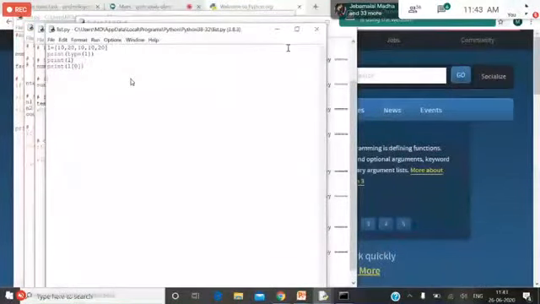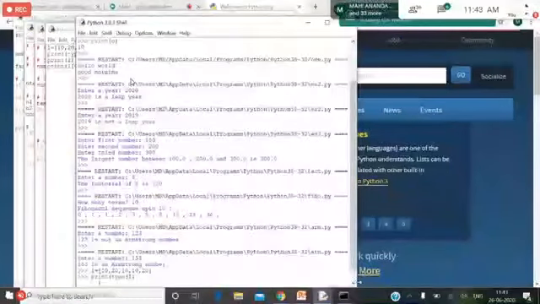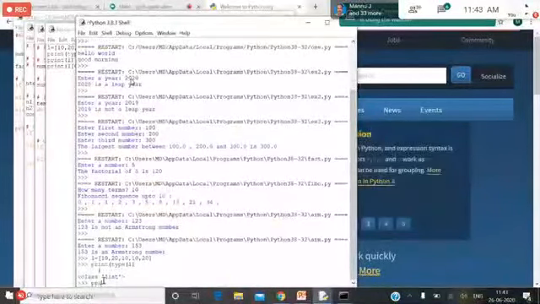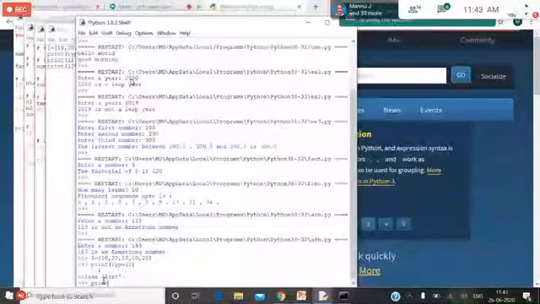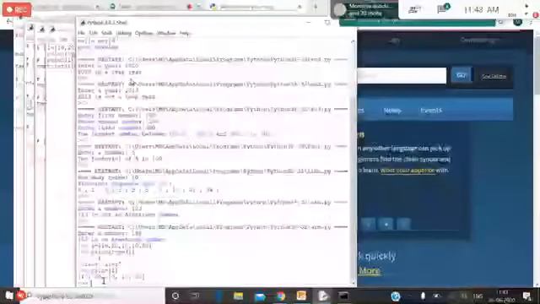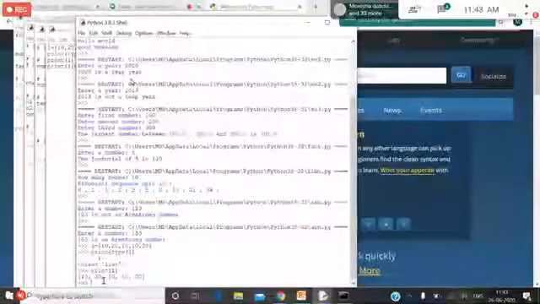Suppose I want to access a particular element. When you give print L, it will print the list of elements which is there in the list. Suppose I want to access the third element, 10. This 10 I want to access.